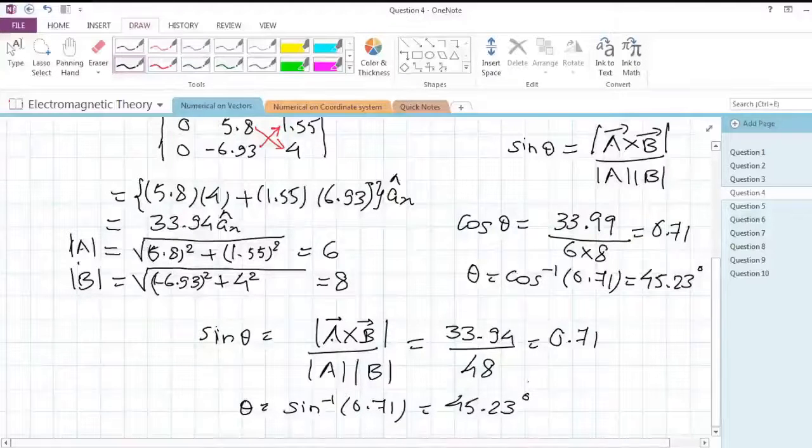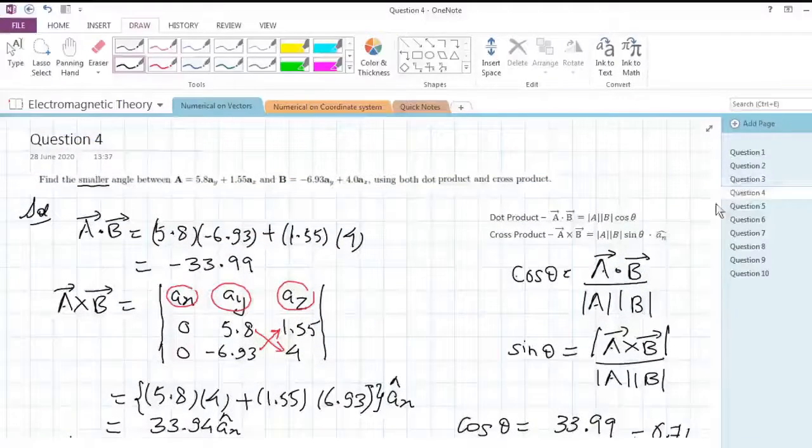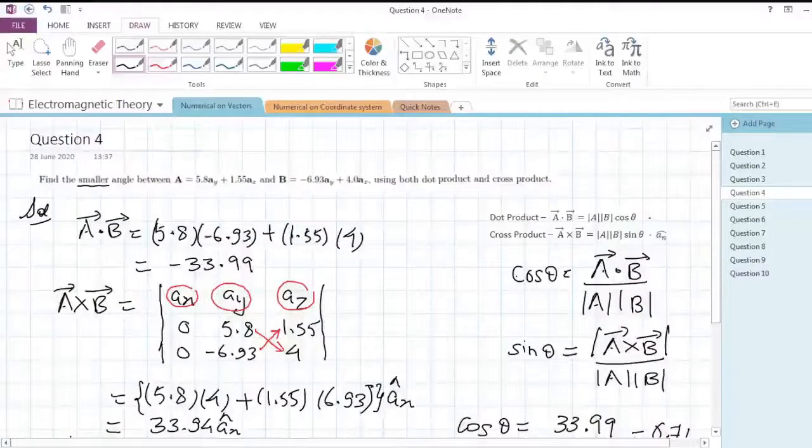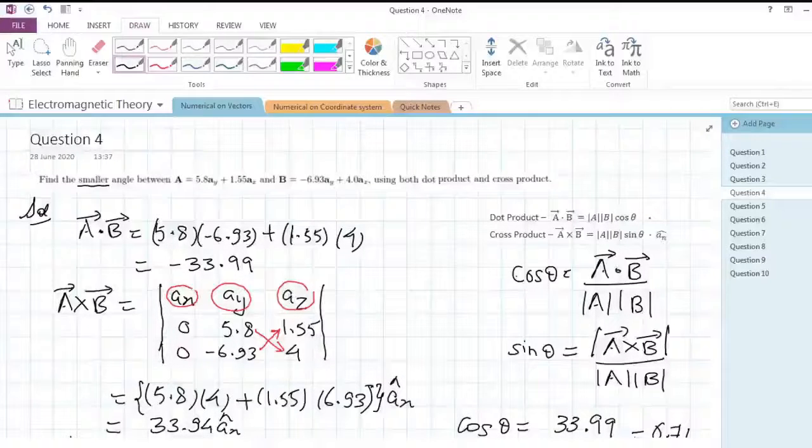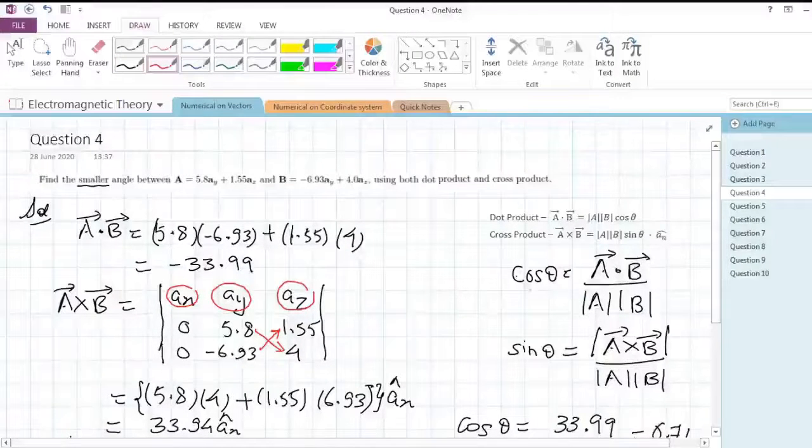So we already knew that the answer would be similar, because if there are two vectors which have the same angle between them, they are fixed, they are not moved, either you use dot product or you use cross product, your answer should be similar. If in this type of question your answer is not coming the same, that means you might have been doing something wrong. So remember to find the magnitude here in this cross product formula.